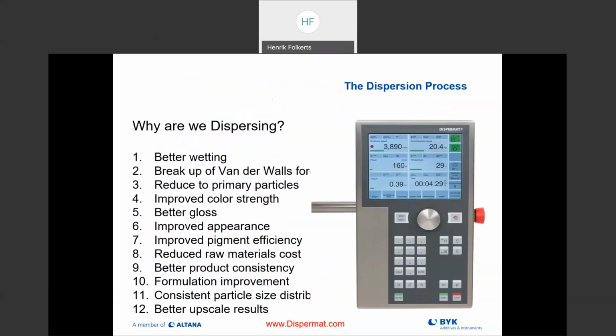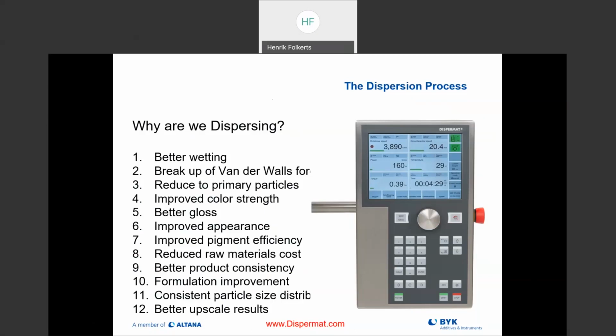So these are just some of the core parts that are really important and why we are doing dispersion to our pigments. So better wetting, breakup of these van der Waals forces. These are the binding forces that hold the pigments together. We want to be able to reduce them ideally to the primary particle size. The smaller my particles, the better my color, much improved appearance, better gloss, and improved pigment efficiency is also an important one because the smaller I go with my milling, dispersing,